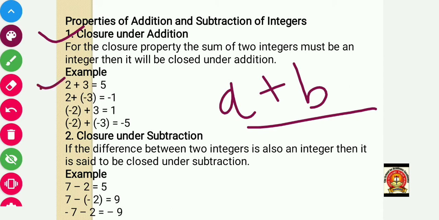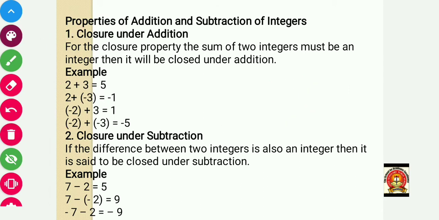Like we are having 2 plus 3, 5. I am having 2 plus minus 3, that is -1. So when we are having one positive integer and one negative integer, you need to do subtraction and give the sign of the bigger number. So here -1 will come. Then next -2 plus 3. We'll do the subtraction, and the bigger number here is 3, so we will get 1. And when you are going to add both negative integers, minus 2 and minus 3, you need to add them. Addition will give 5 and you have to keep the common sign minus as it is.